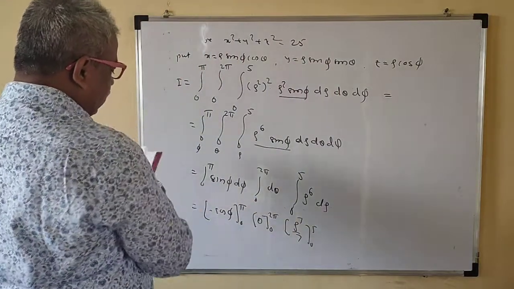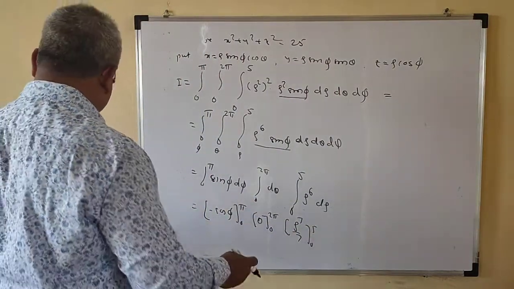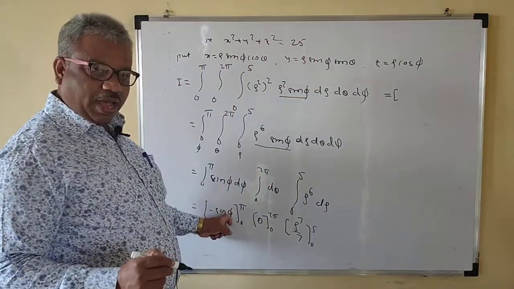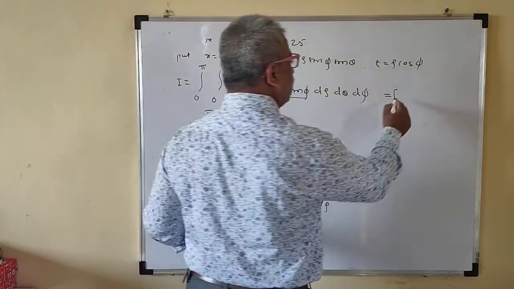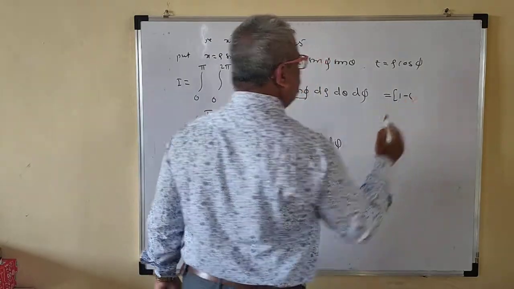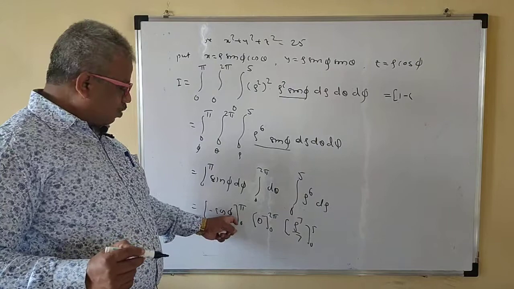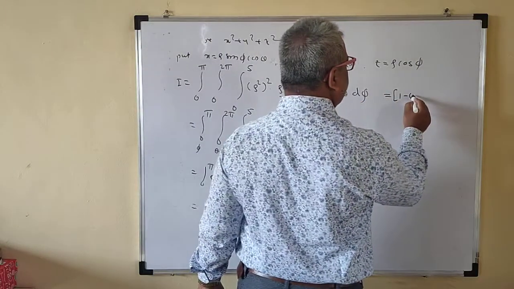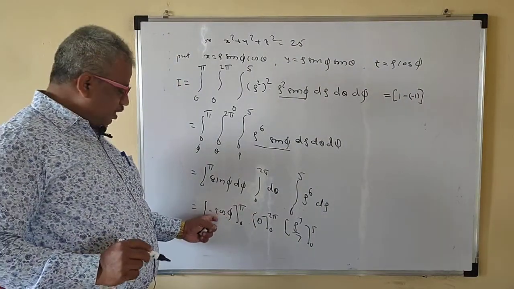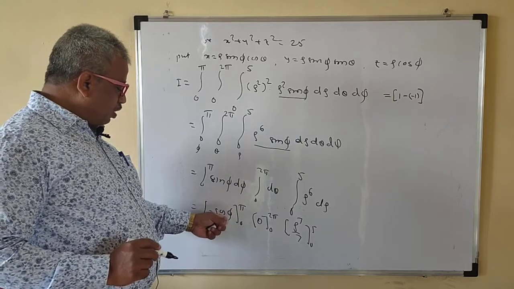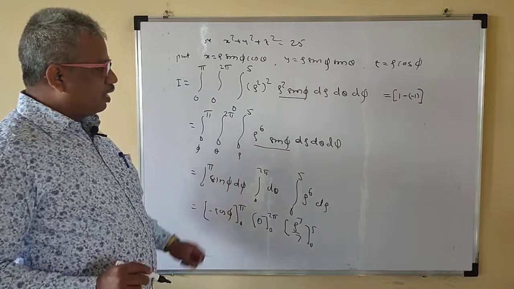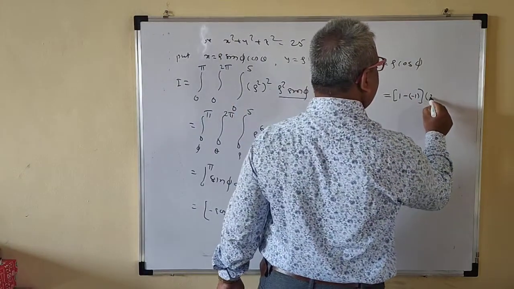Now see here, minus cos phi. This is cos of pi, and cos of pi is minus 1. Minus becomes plus 1. Then minus of, you have to put 0. Cos of 0 is 1. So minus of minus 1 is minus 1. If you put the upper limit, cos pi is minus 1, minus becomes plus. Then minus, put the lower limit, cos 0 is 1, but the minus is there. Again this is minus 1. Okay. So minus 1. So this is then 2 pi.